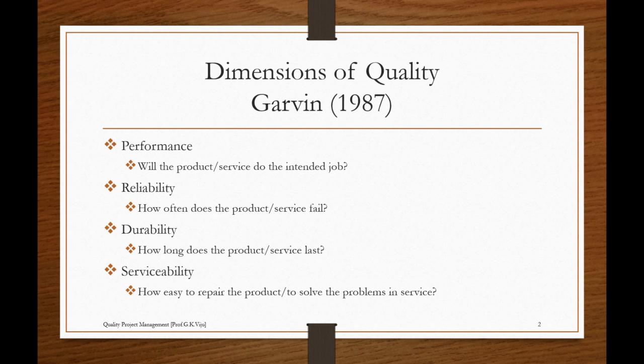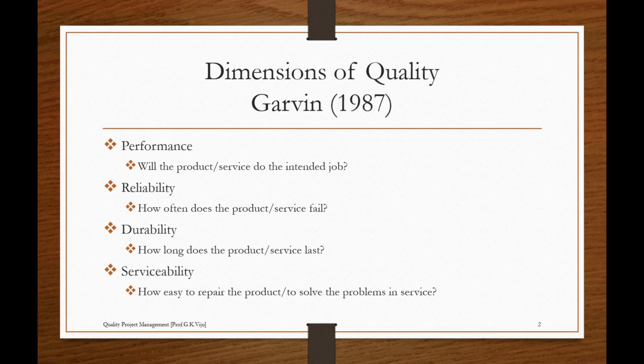So what are the dimensions of quality? Garvin introduced 8 dimensions for quality. The 8 dimensions of product quality management can be used at the strategic level to analyze the quality characteristics. The concept was defined by David A. Garvin, formerly C. Roland Christensen professor of business administration at the Harvard Business School. So he introduced 8 dimensions, and they are: